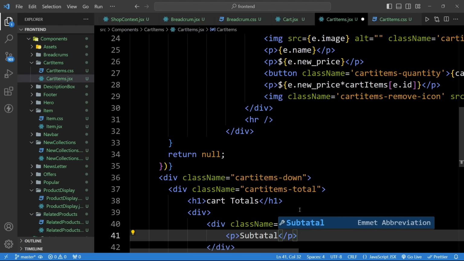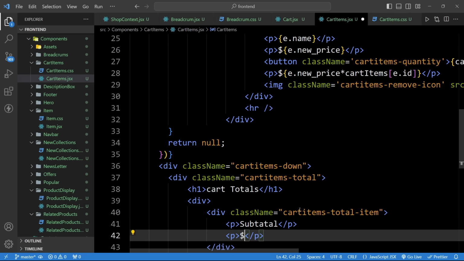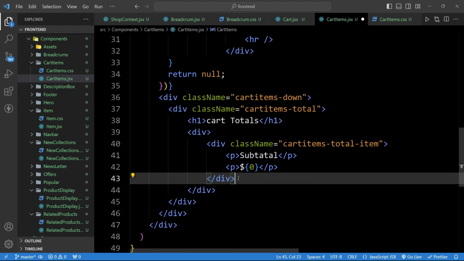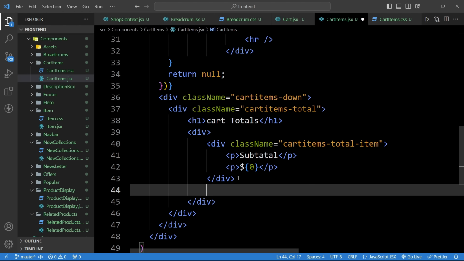Here we will add subtotal, and after this paragraph text we will add another paragraph text, and in this one we will insert dollar sign and here we will use total cart value. So let me write 0 for now and we will display this data using our context. So after this div we will add one HR tag